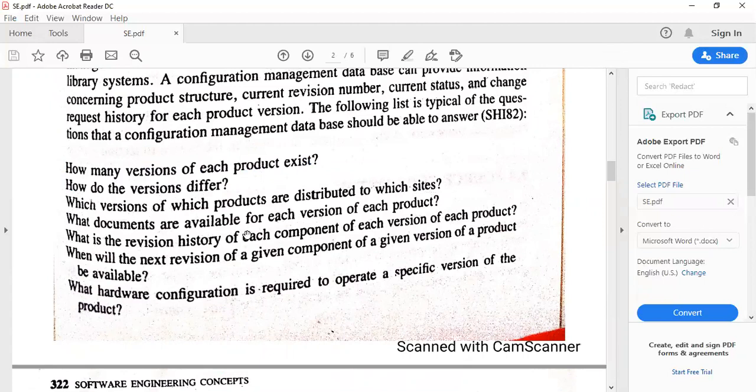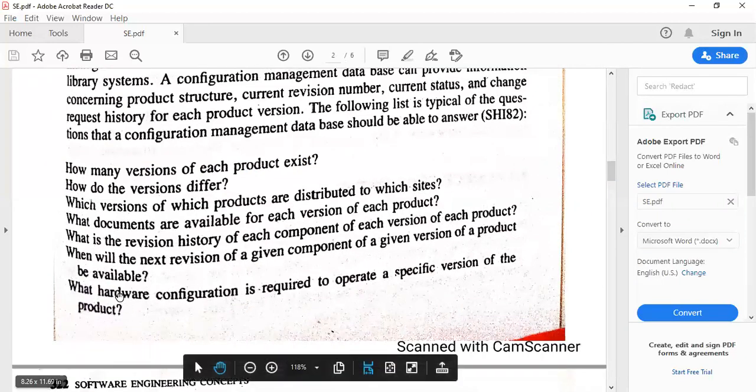What documents are available for each version of each product? Supporting documents. And what is the revision history of each component of each version of each product? And when will the next revision of a given component of a given version of a product be available? What hardware configuration is required to operate a specific version of the product?